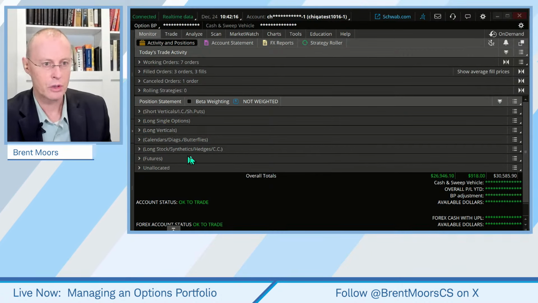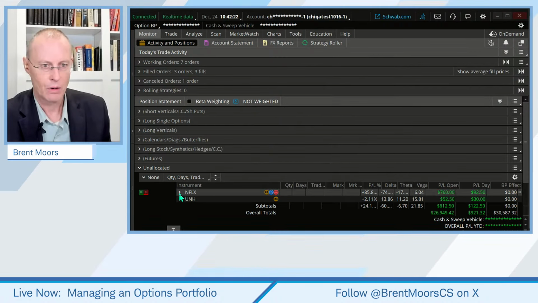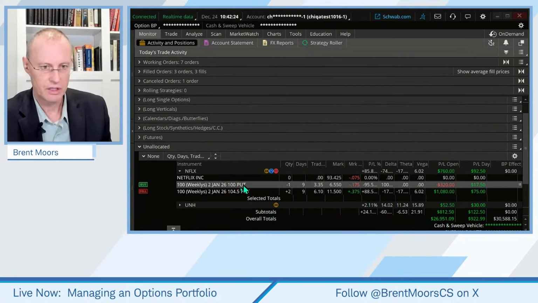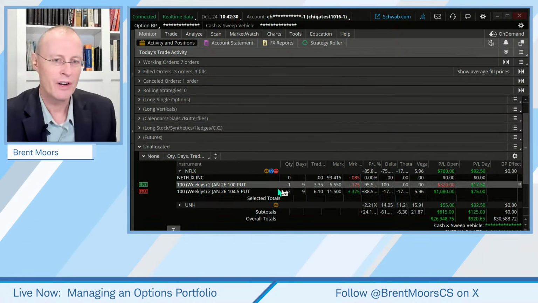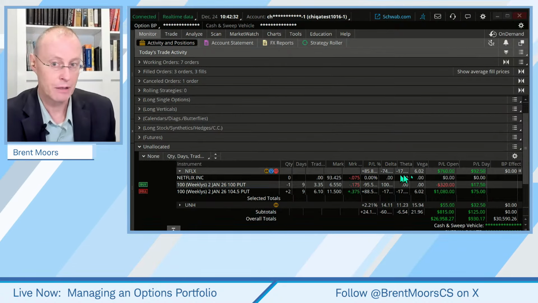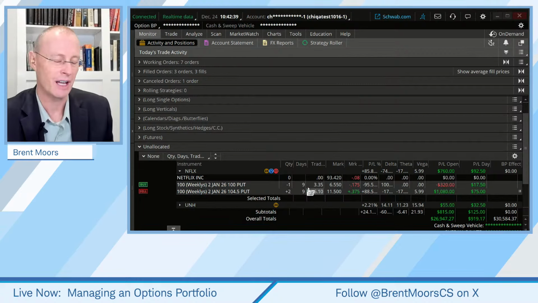And one other trade I would just mention maybe is this Netflix trade. What's this trade? This is a back ratio spread. Okay. This is a back ratio spread. We're under 9. It's gone fairly well. We made good money on this, but all good things must come to an end. We're going to take our profits on this because we only have 9 days to go till expiration on that.